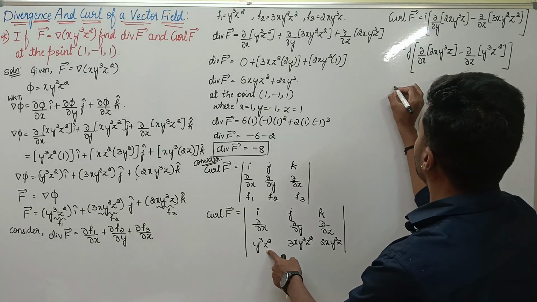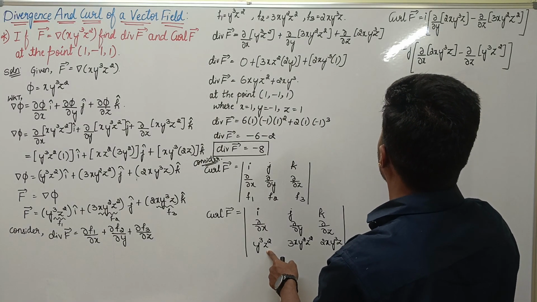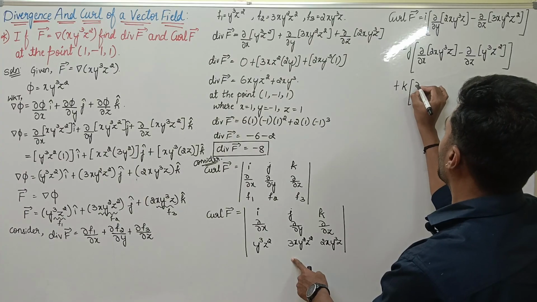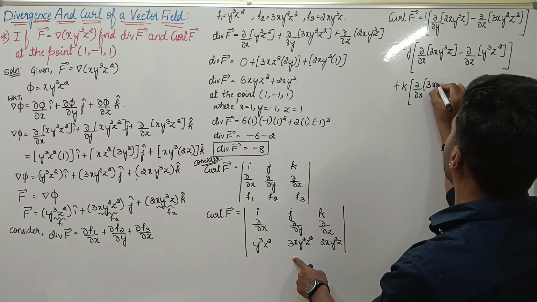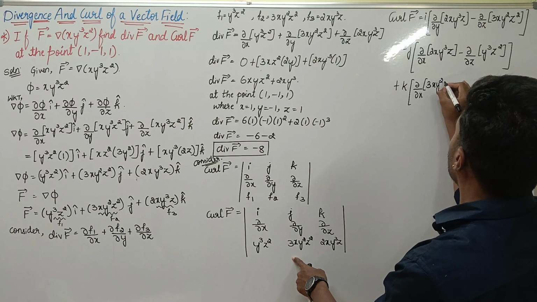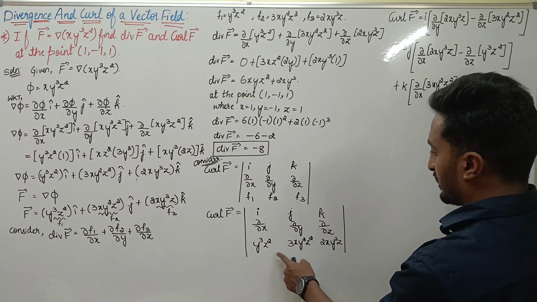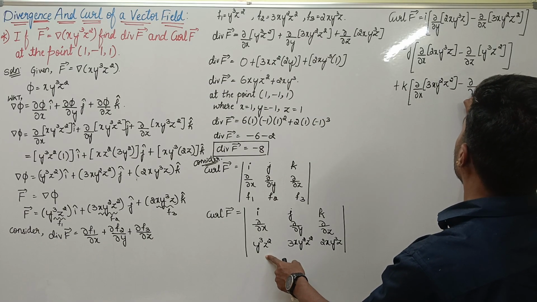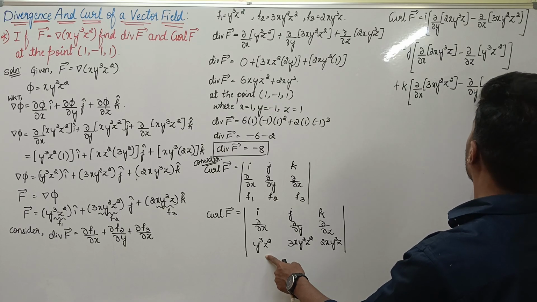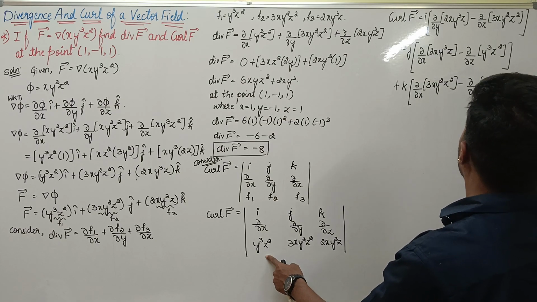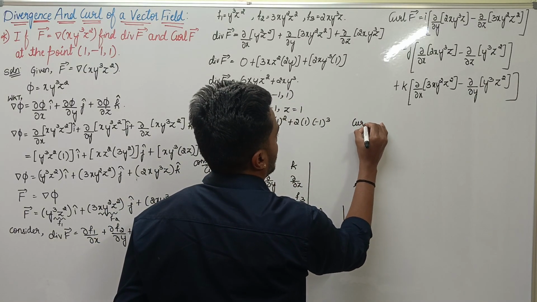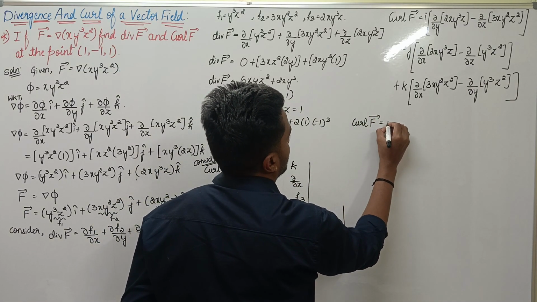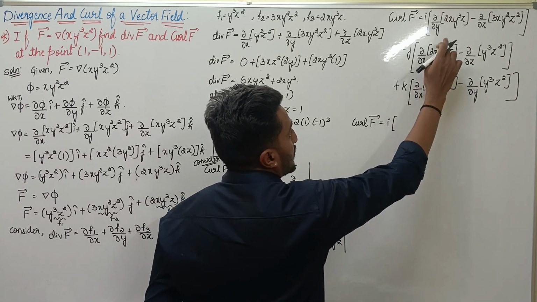Done? Yes. Next, the last, k into ∂/∂x of 3xy²z². Next, minus ∂/∂y of y³z². Done? Yes. Now differentiating term by term, curl of vector f is equal to i into,